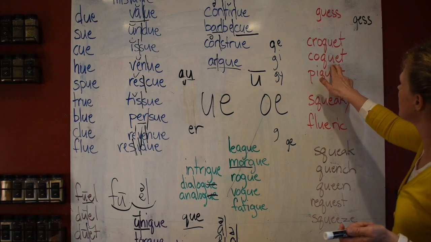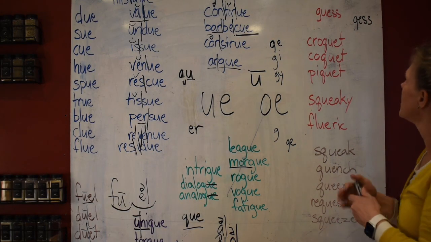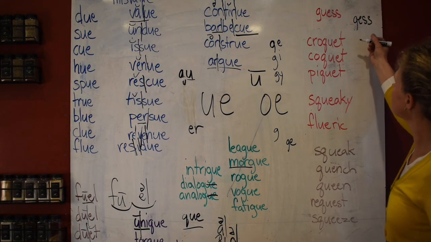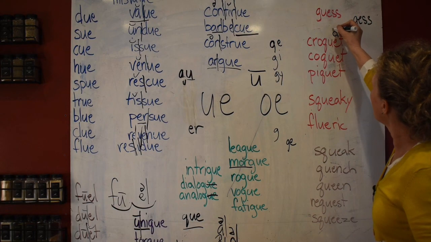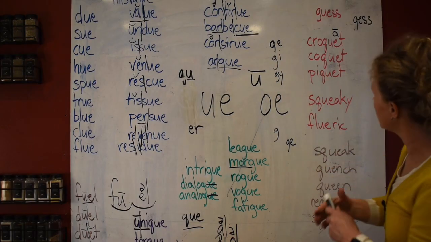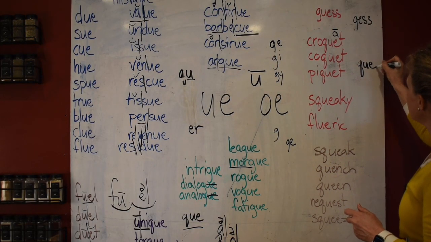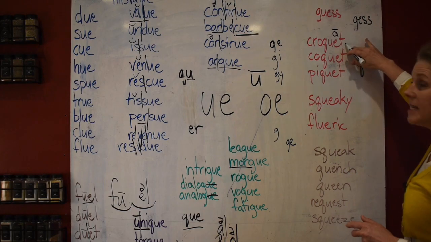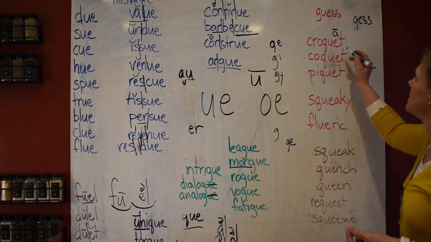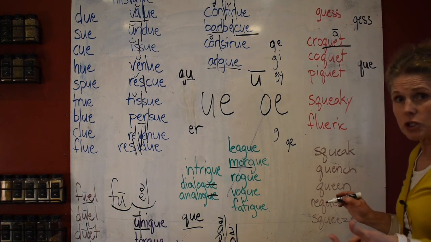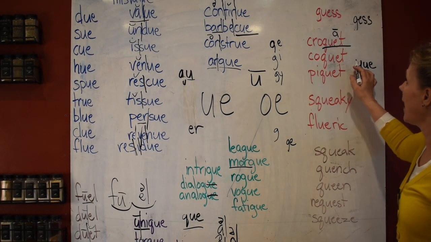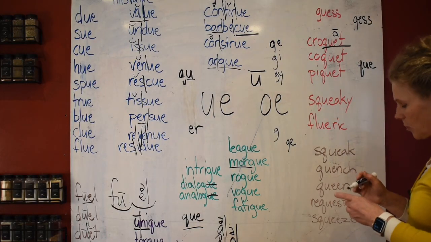See how it's in the middle of a word? But this is a French word. This says croquet. It's a game that lots of people play. And it's saying the long A sound. See how down here, Q-U-E says K. And then you put the T on it and it adds the A sound. This says K and this says K. And adults, you will read this all of the time. Croquet. And this says coquet. And this says piquet.